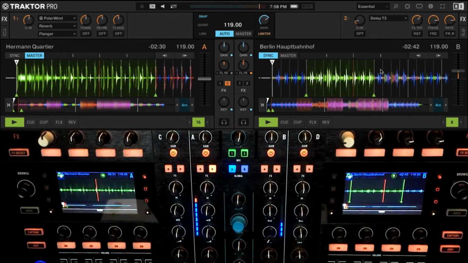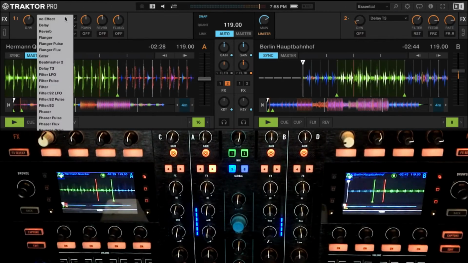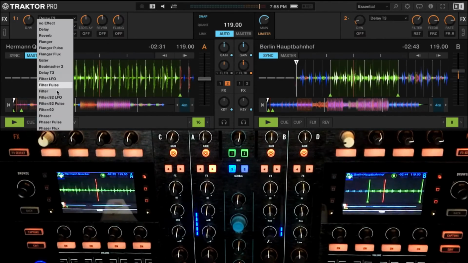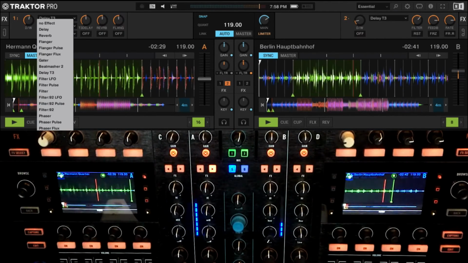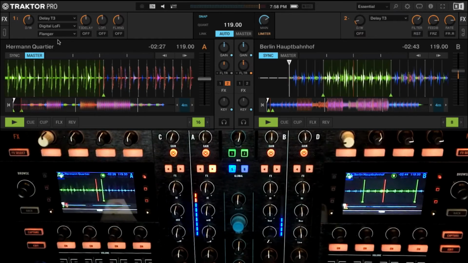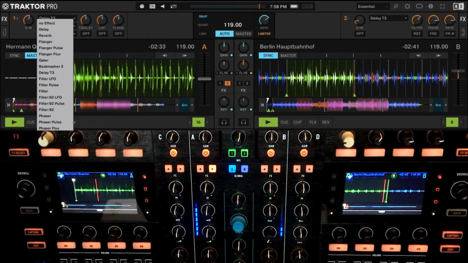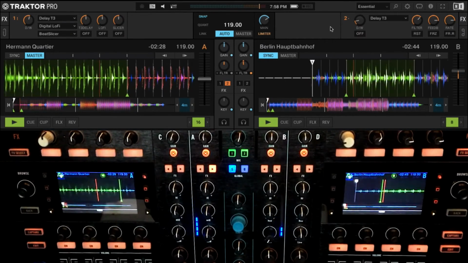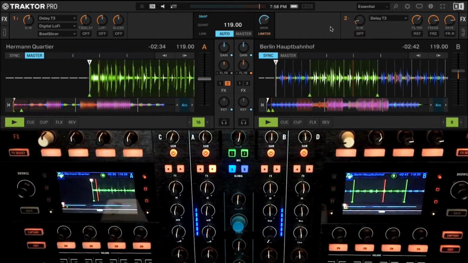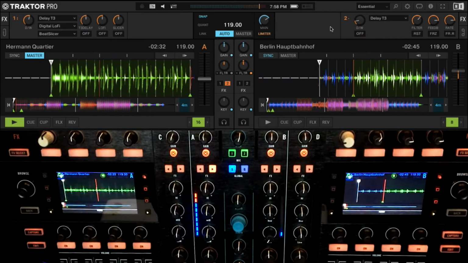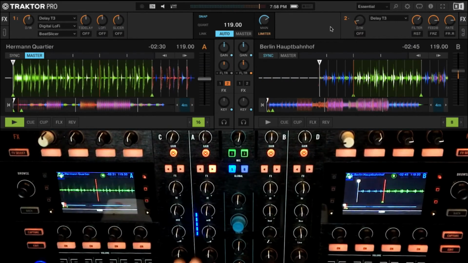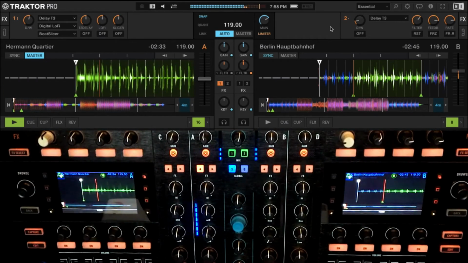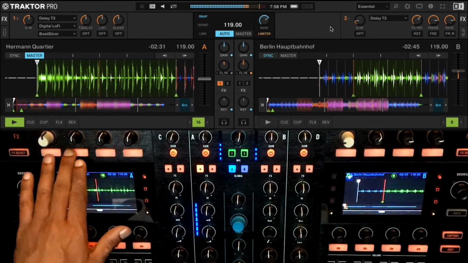Now, if I want to use a combination of effects, I would choose them very wisely. I would say, okay, I definitely want a delay here. And let's say the delay is going to go through a lo-fi, and then the lo-fi is going to go through a beat slicer. I can always change the direction of the effects as well. It all depends on which effect you switch on first. That's what is going to take precedence in which one is going to play first. So let's say this time I start with the delay.